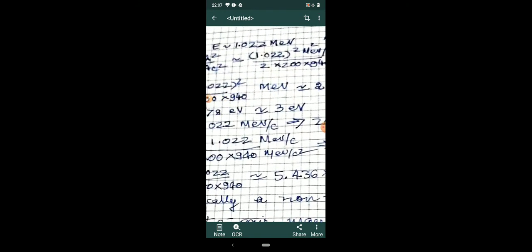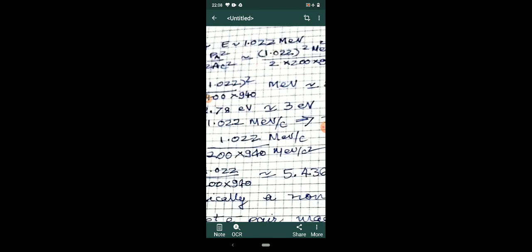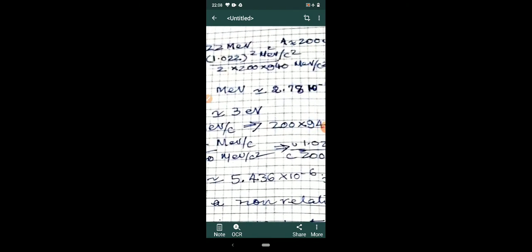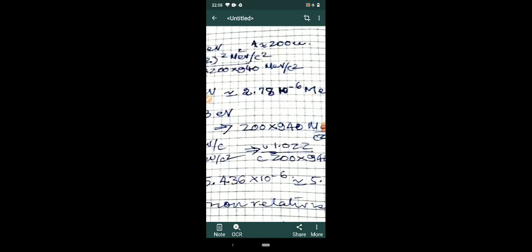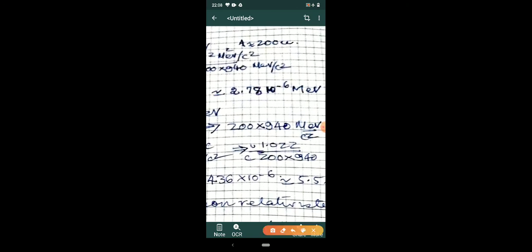So we get v/c, the ratio of recoil velocity of the nucleus divided by c, as 1.022 divided by 200 multiplied by 940, and this estimate is